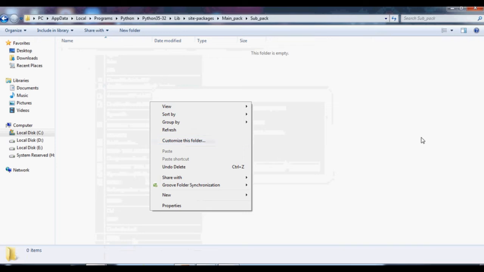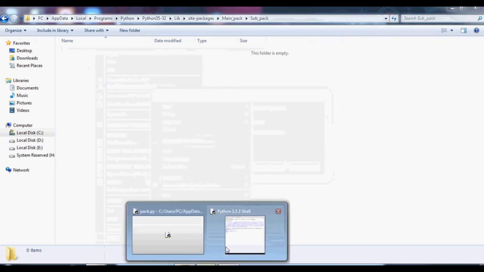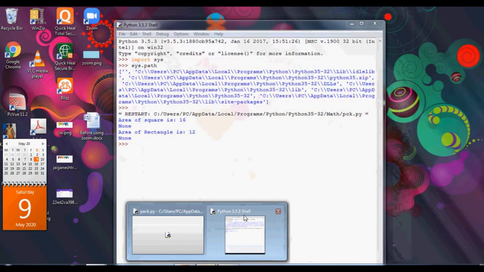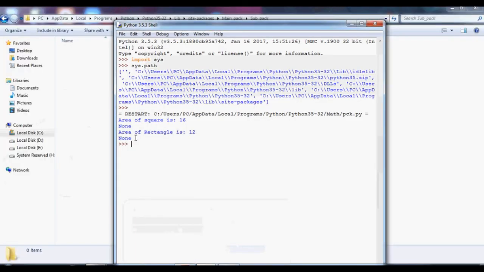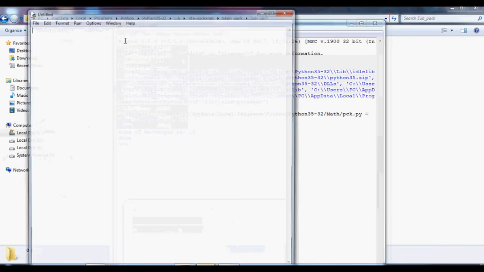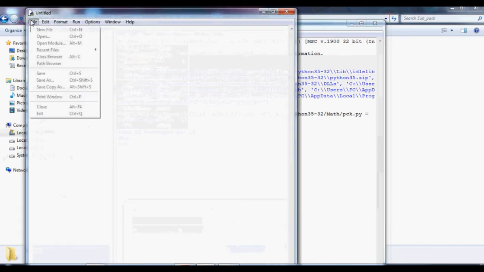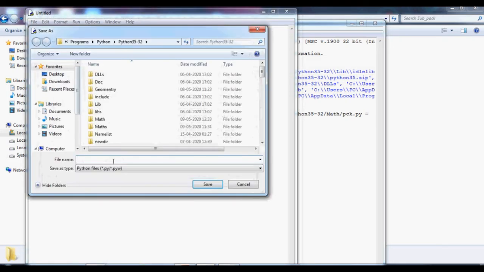Okay, let me go as per that Python IDLE. So I'm just going to save an init file, save as init.py.